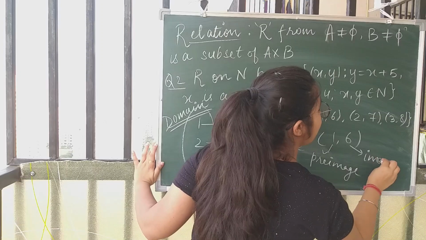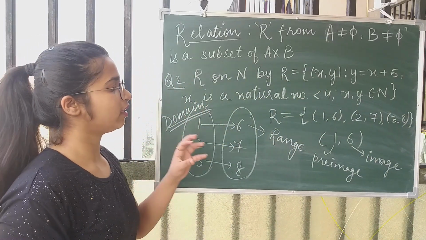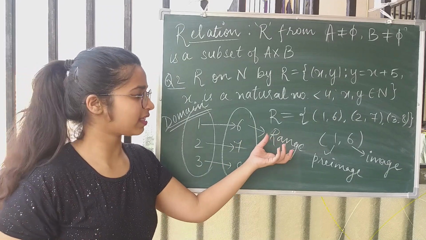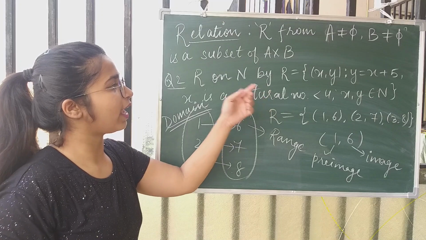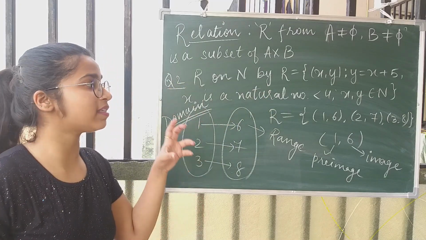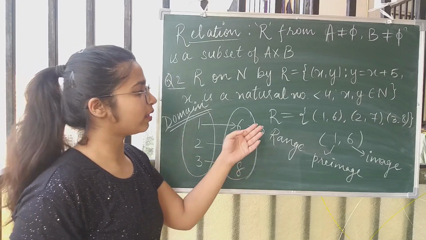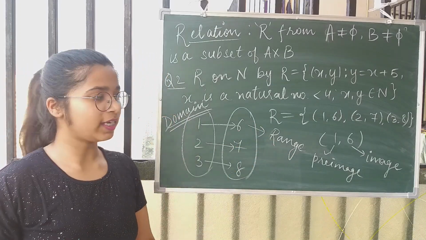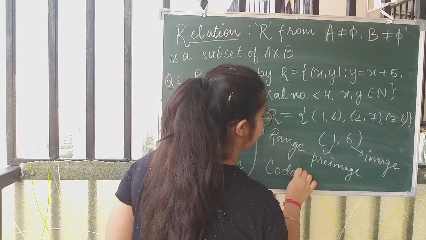So अगर we have an ordered pair (1, 6), so 1 is the pre-image of 6 whereas 6 is the image of 1. And also जो भी हमारा range set है, this actually is a subset of N, क्योंकि ये रिलेशन जो है वो N to N डिफाइंड है. दैट मीन्स नेचुरल नंबर्स के सेट से नेचुरल नंबर्स के सेट पे डिफाइंड है. सो रेंज सेट जिसका सबसेट होता है, दैट सेट इज नोन एज द कोडोमेन.